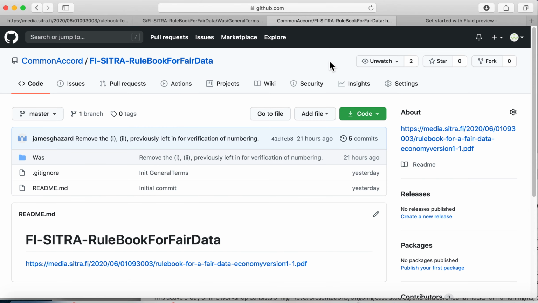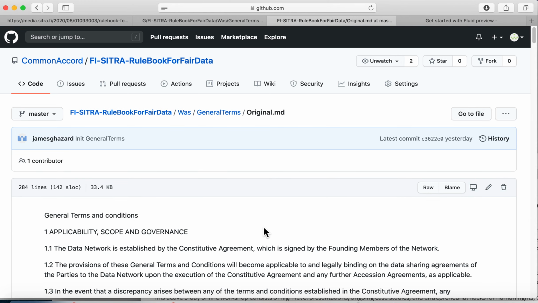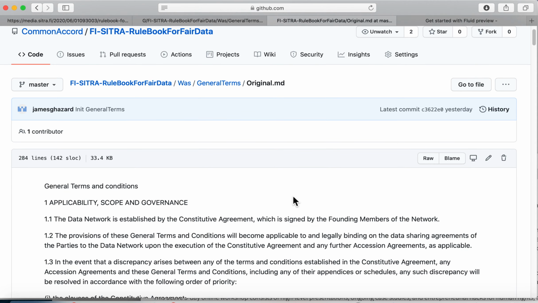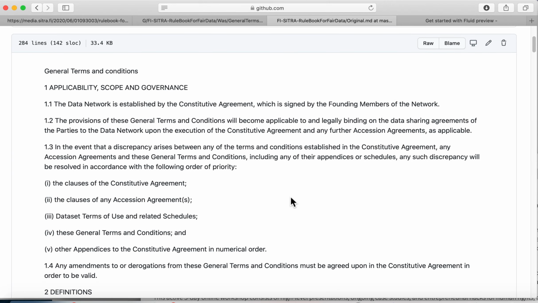I will put up on GitHub. So what I do is to create a new repo on GitHub. So here I've created a new repo for this up on GitHub, and I put it into something called "was," because this will be historic information. I'll do some work on this thing first, and then we'll essentially make it into something that we suggest people use directly. So what I did was to just scrape it and paste it